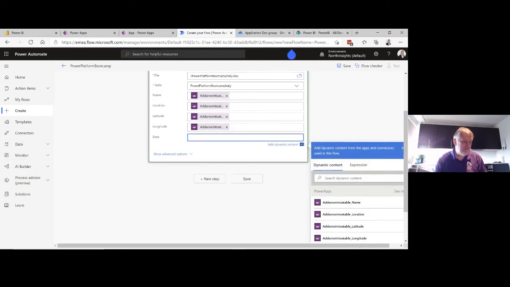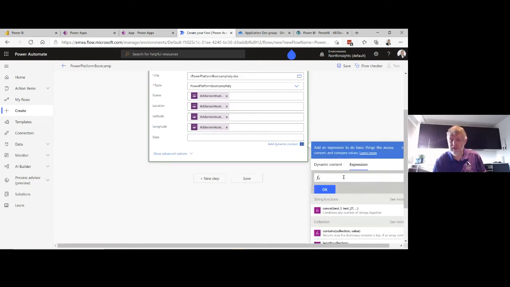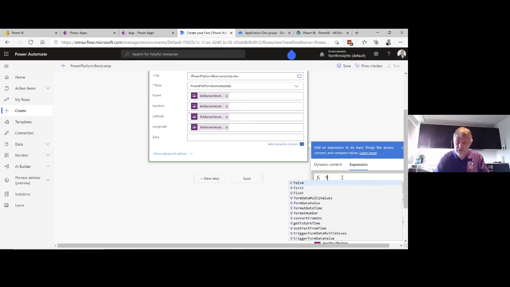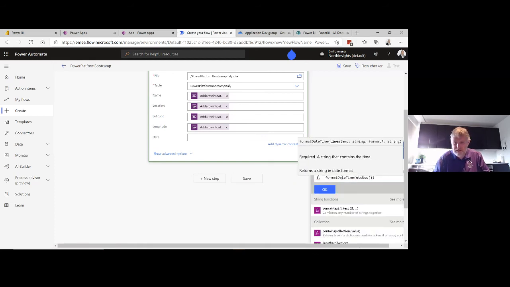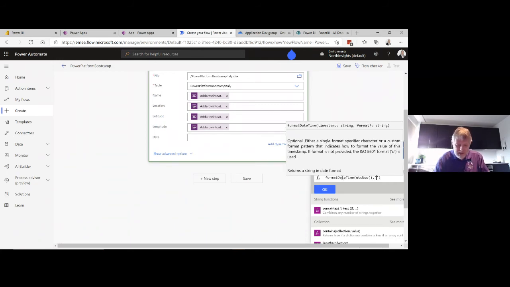And then the date. Instead of getting the date from Power Apps, I'm going to get that from Power Automate. So I'm going to write an expression here. I'm going to use the format date time, and I'm going to say UTC now because I'm in UTC, and I'm going to format this as year, month, day.